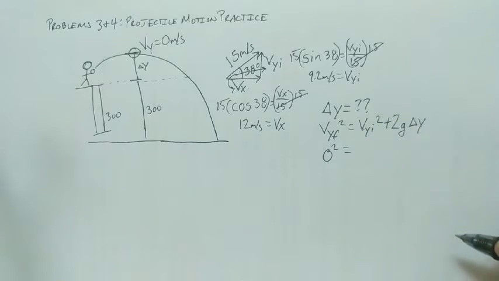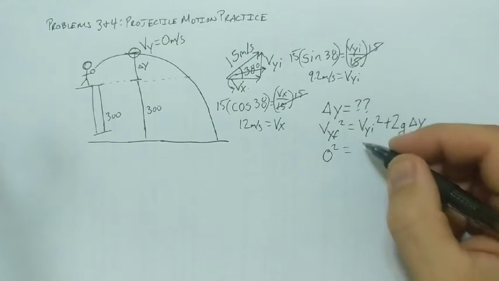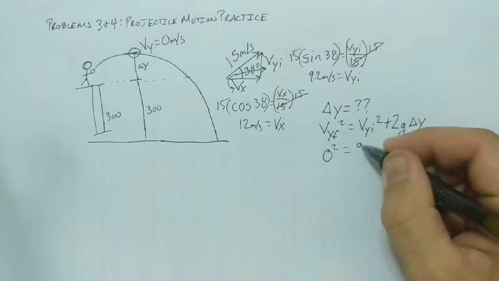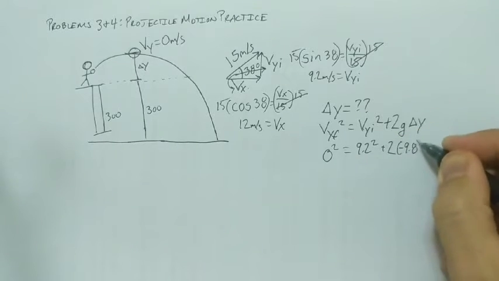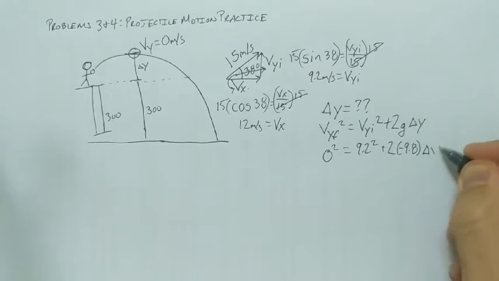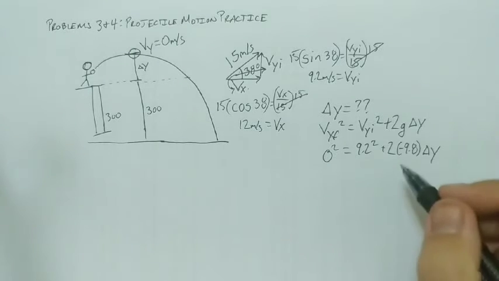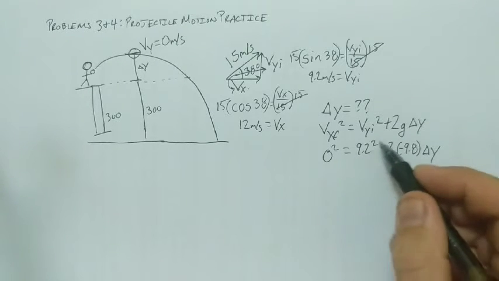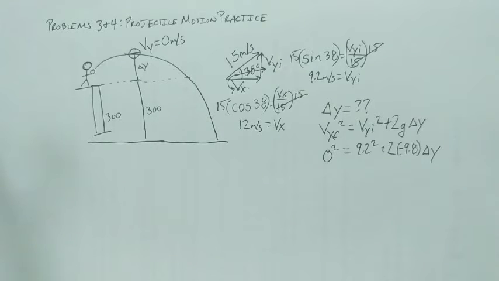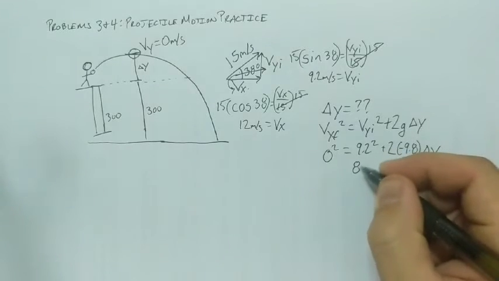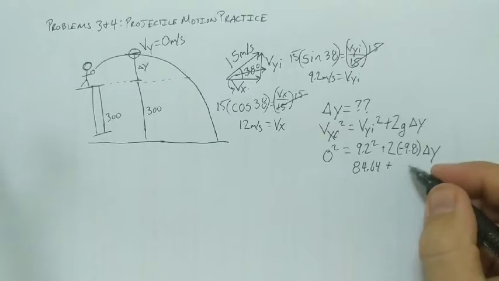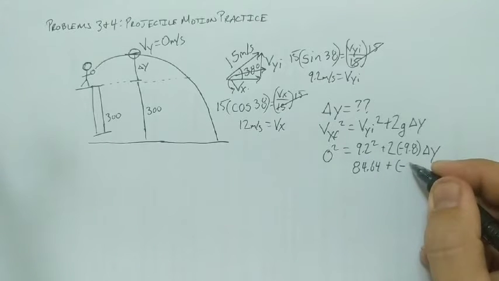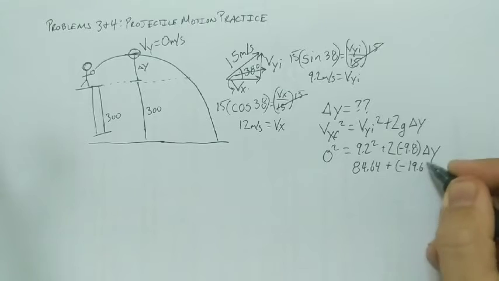So 0 squared is going to be 0. My Vyi, we solved that in our original triangle. That is 9.2 squared, twice gravity, which is always negative 9.8 if we are on Earth, and delta y is the unknown that I need to solve for. So let me do some math. 9.2 squared, type that in my calculator, and that is 84.64. 2 times negative 9.8, that is negative 19.6